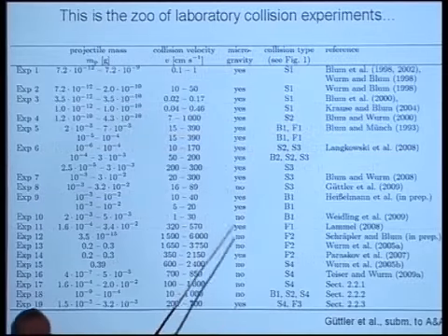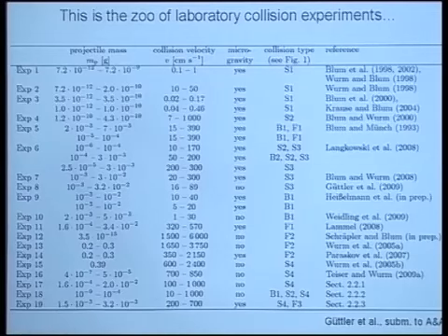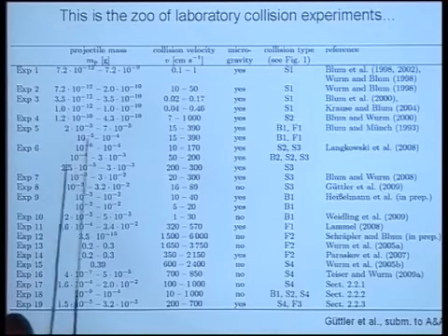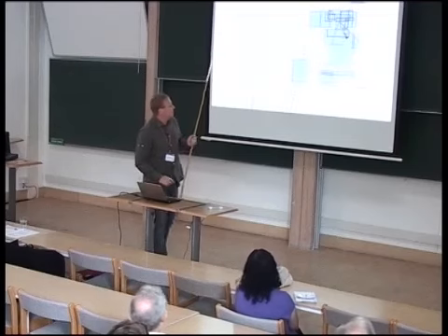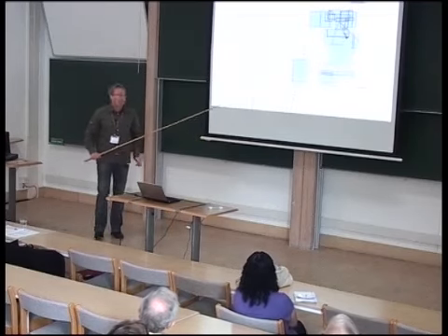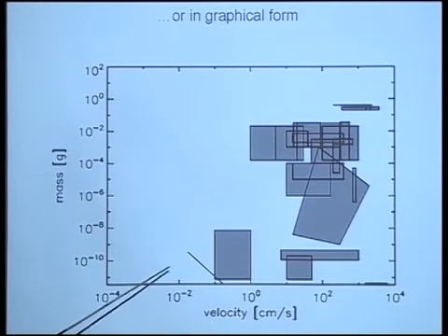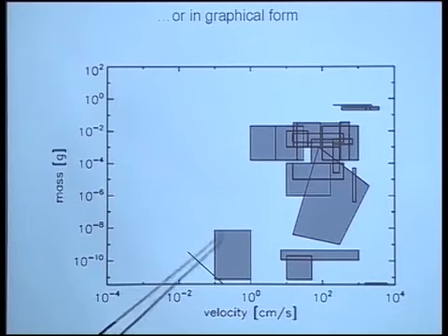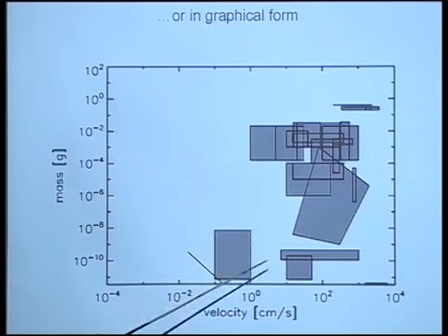So paper 1. This paper reviewed all the 19 different experiments that we have our hands on. The references are here. You are not intended to read all this. And I asked Carsten to plot all the experiments in a very simple parameter space. This is the velocity where the experiments happened, and this is the mass of the grains that collided. Grains consisting of micron-sized particles again. And it's not well covered here.